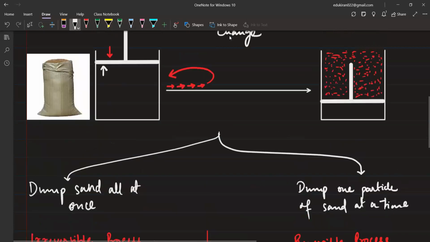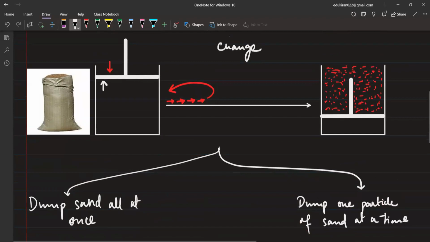Now let us come back. So we have dumped sand all at once. Now let us dump only one sand particle. What do you think about the red force and the white force? Will you see any considerable, any significant change in the position of the piston if I add just one grain of salt? Logically, 7th class के बच्चे जरा बताइए, नहीं ना? So what I will say, driving